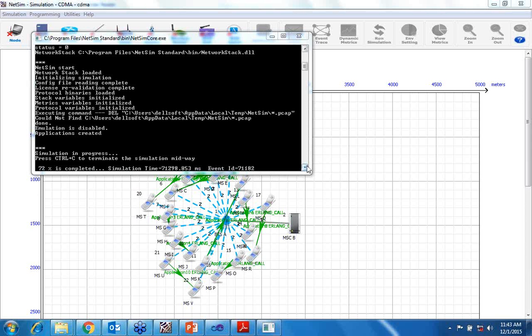now as we decrease the voice activity factor, the channel count will increase. So that will be shown in the graph. I'll just show you one more example, and after that I'll show you the graph.